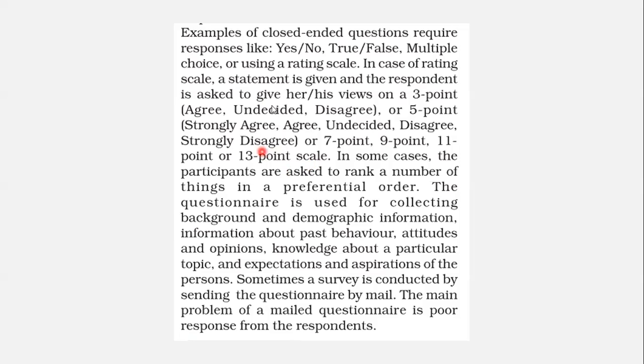Based on these types of options, like agree, disagree, yes, no, the questionnaires are framed according to the suitable responses, and the respondent can easily select from the options. There can be another situation, in some cases the participants are asked to rank a number of things in a